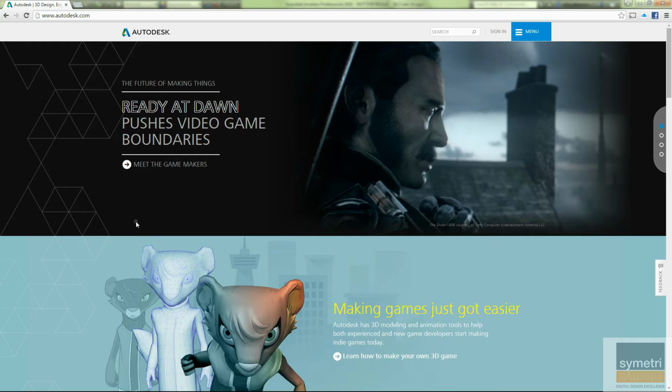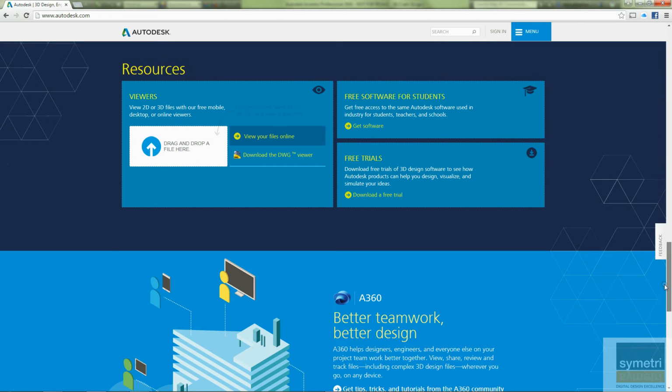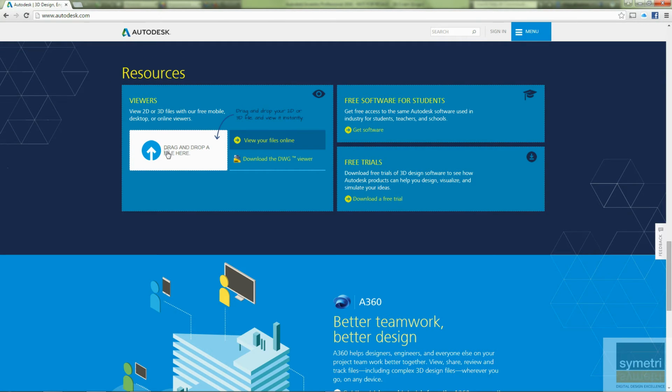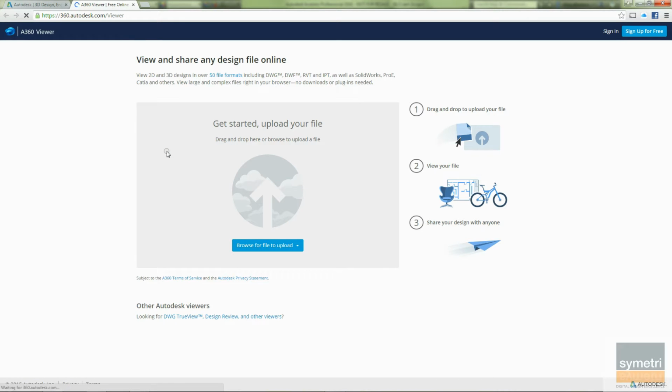In this video we're going to be looking at how we can do design reviews with any kind of CAD format. To do this we're going to be looking at the new tools on the Autodesk A360 platform. To access these tools, go to autodesk.com, browse down the web page until you find their viewers and just click on the link. This will open up a web page,